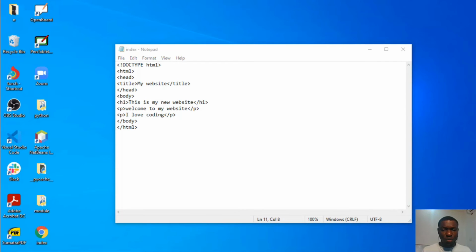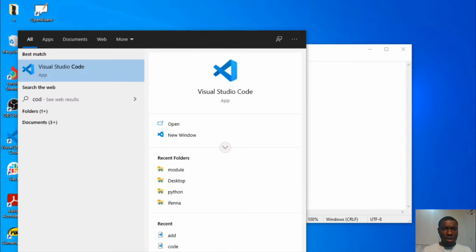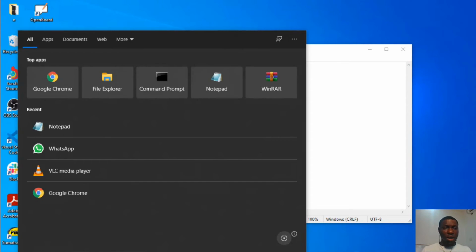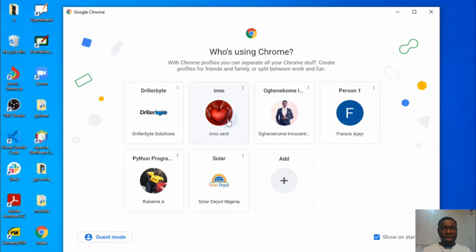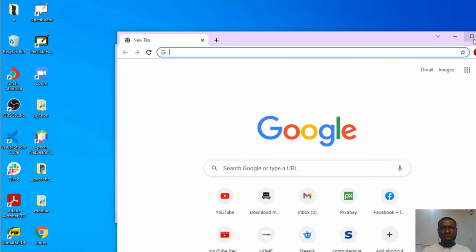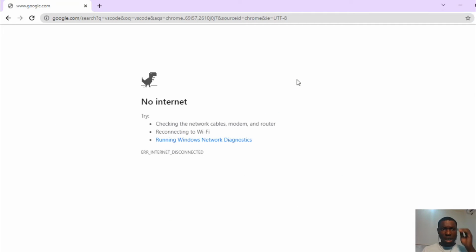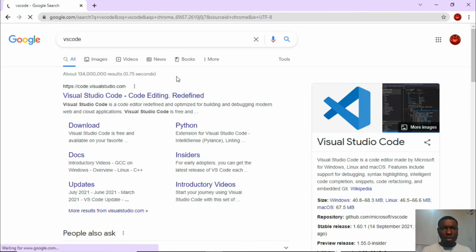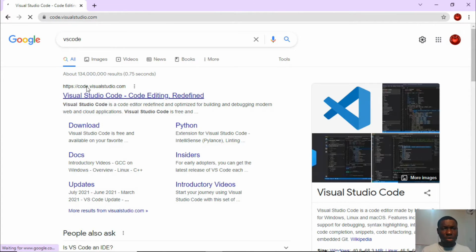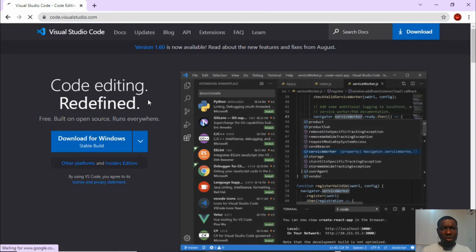Now I'll just open my computer. I'll visit my browser. So of course I have Visual Studio Code on my browser already, but let me just show you exactly what you can do. So you can just type vscode right here and hit enter. Okay, all right, so I have Visual Studio Code here, and I'll just click this particular one, which is code.visualstudio.com. Click on download and have this downloaded onto your computer,